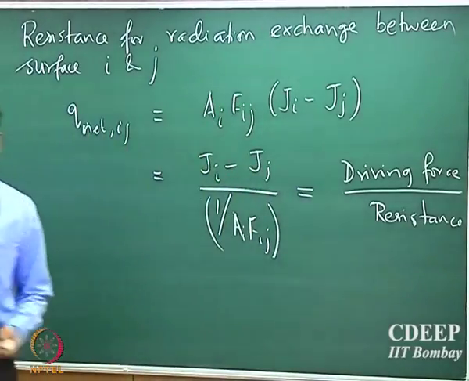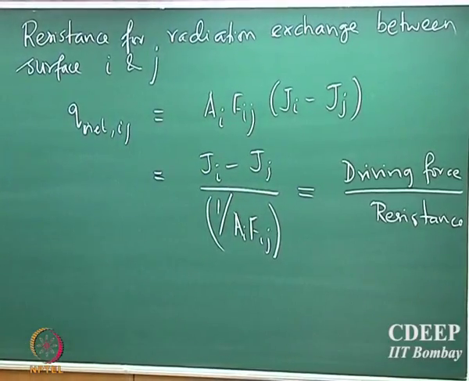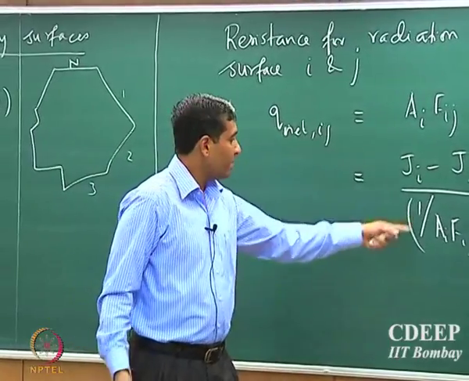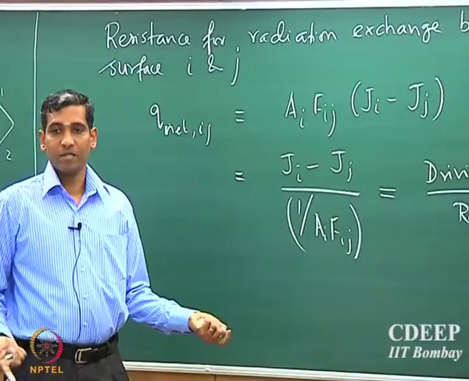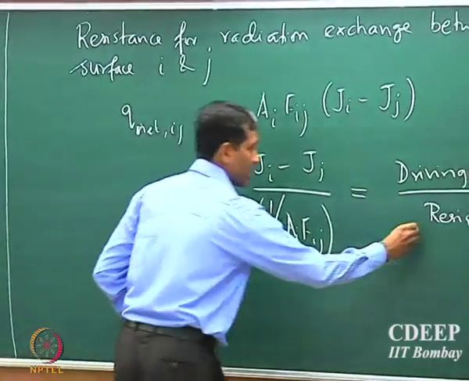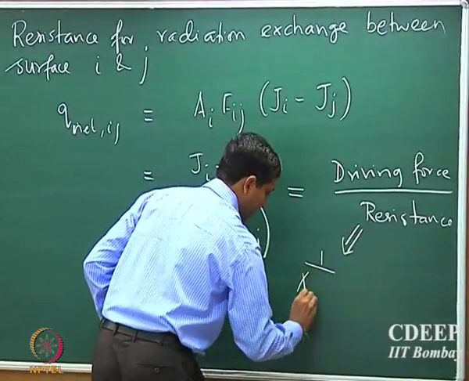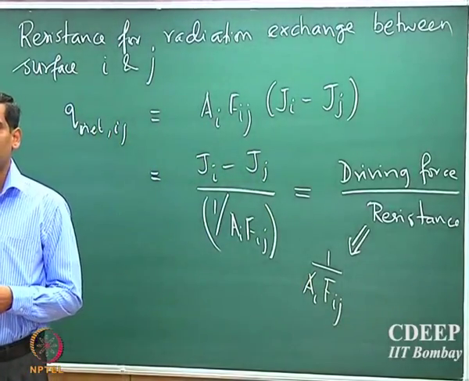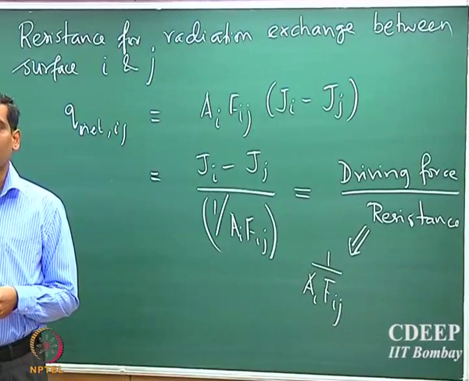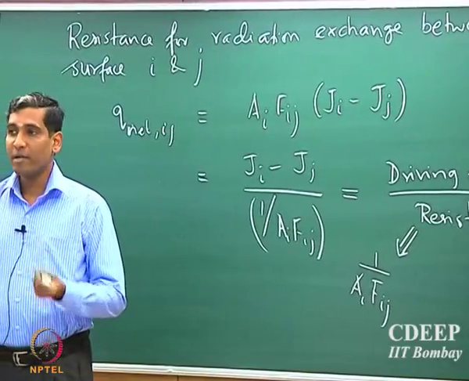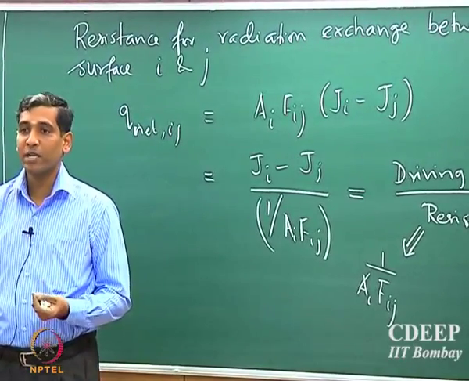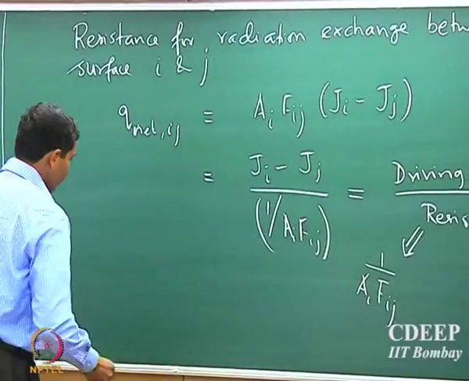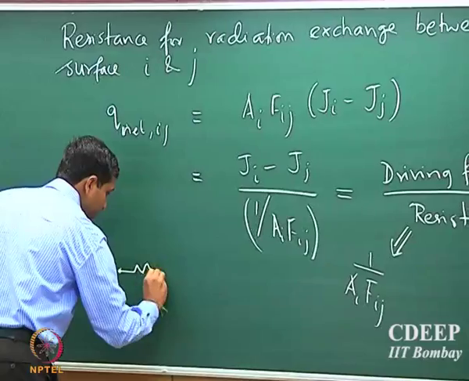So, one could identify that the resistance that is offered for radiation exchange between surface i and j would be 1 by Ai Fij. Note that this resistance is the resistance offered because of orientation. This is the geometric resistance that is offered by the system because of the orientation of different surfaces. Therefore, one could write a resistance network